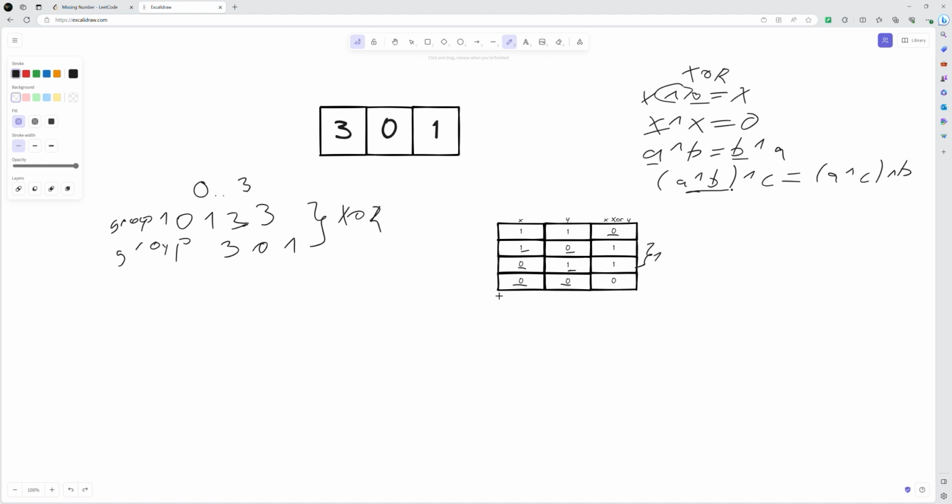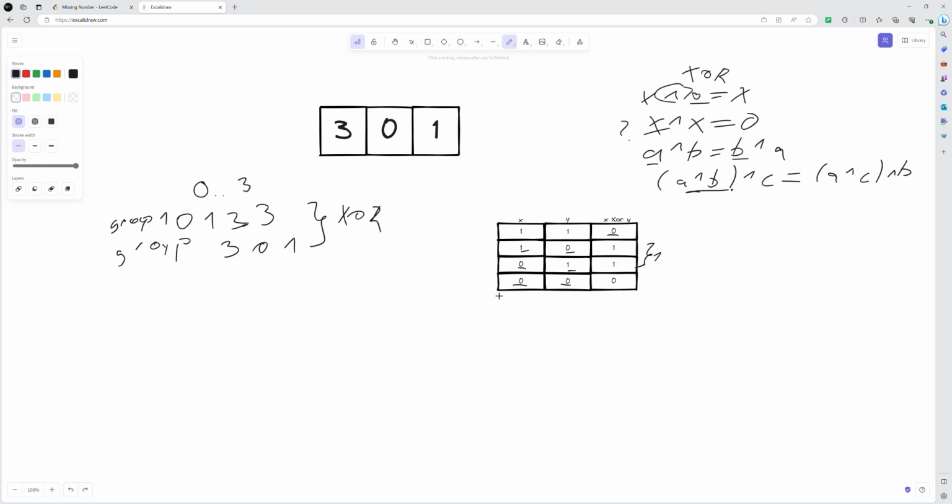Well, first of all, because of the specific properties of the input array and the range, you see that most of the numbers will cancel each other out because of the second property here. When XOR is applied and we have two same numbers, they will cancel each other out, and the result will be 0. Also, the order of applying the XOR